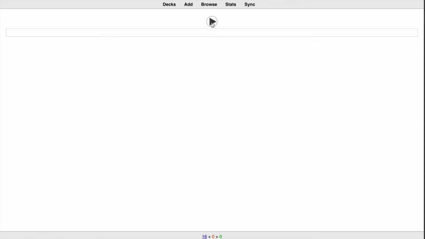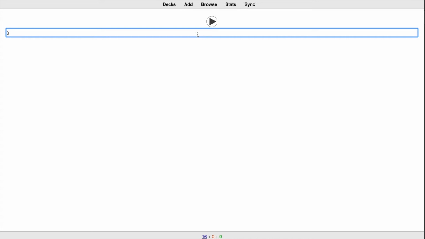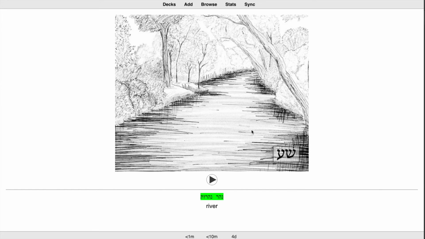Let me play it again. נהר, נהרות. This is river. Nahar, Neharot. I click that and now it's going to show me the picture because you should hear Nahar and you should think this picture. You hear Hebrew and then we want to train you to think immediately what's the referent and that you can have comprehension not just by seeing the Hebrew but also hearing the Hebrew. Again, getting all your senses trained.